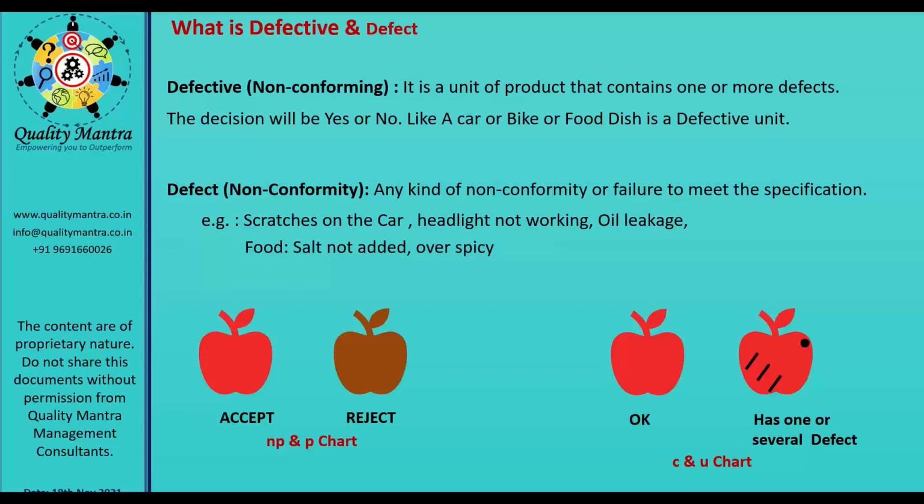Now, why the NP chart and P chart? Because, for example, are you manufacturing the same number of JCB every day? Or is it fluctuating? Are you manufacturing the same number of units every day? No, right? So if I monitor the trend of your JCB rejection, I say on first day there were 2 rejection, then 3 rejection, then 5 rejection, then 2 rejection, then 1 rejection, then there